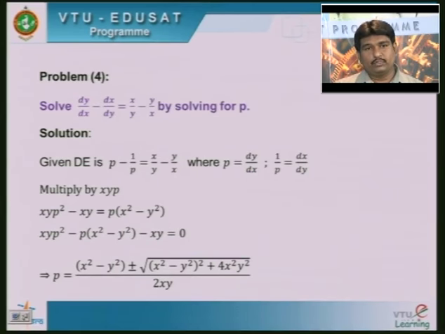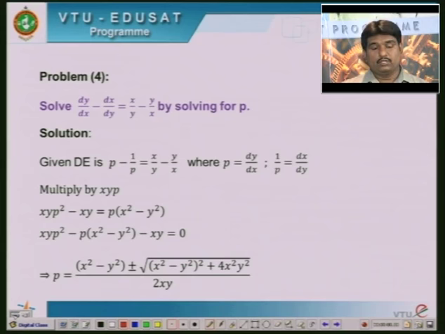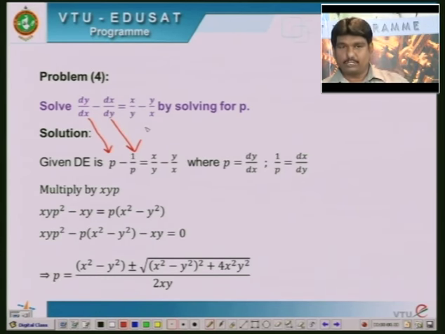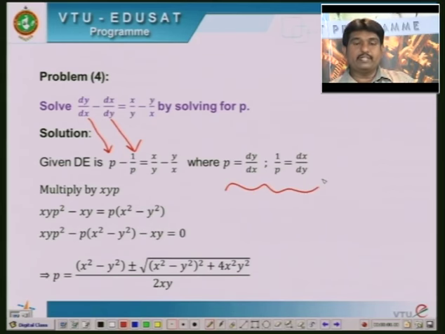Problem number 4. Solve dy by dx minus dx by dy equals x by y minus y by x by solving for p. You write dy by dx as p, so that dx by dy becomes 1 by p, its reciprocal, and that is equals x by y minus y by x. p is dy by dx and 1 by p is dx by dy. There are two techniques of solving this. One, you can factorize it